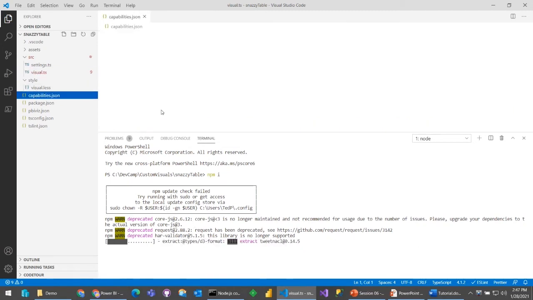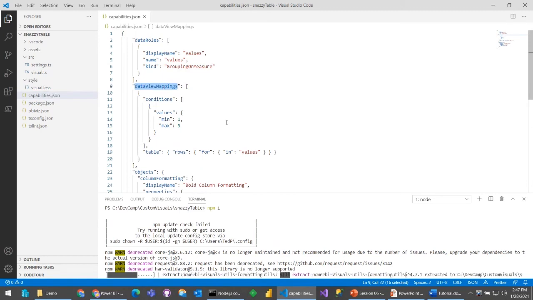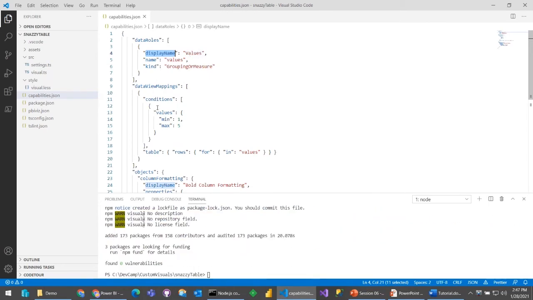Now, this time with capabilities, what we're going to do is say data view mappings. We're going to take this values data role. This is just like the built-in table. And the idea is we want to allow you to add multiple ones in, but not an unlimited number. So we're going to allow you to add 5. Now, if I go ahead and do a pbiviz